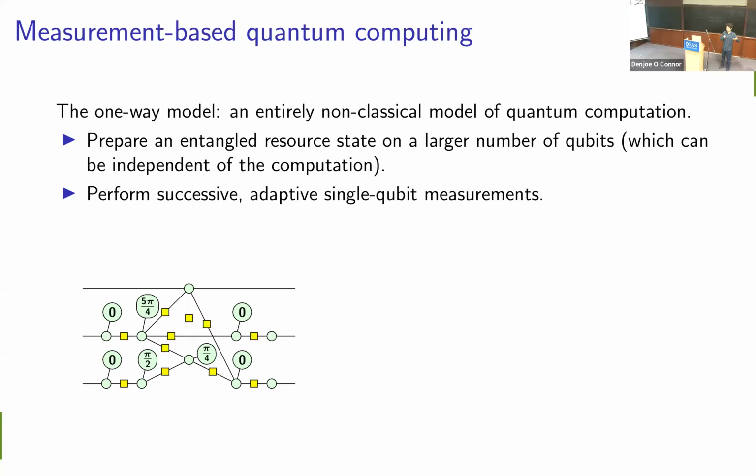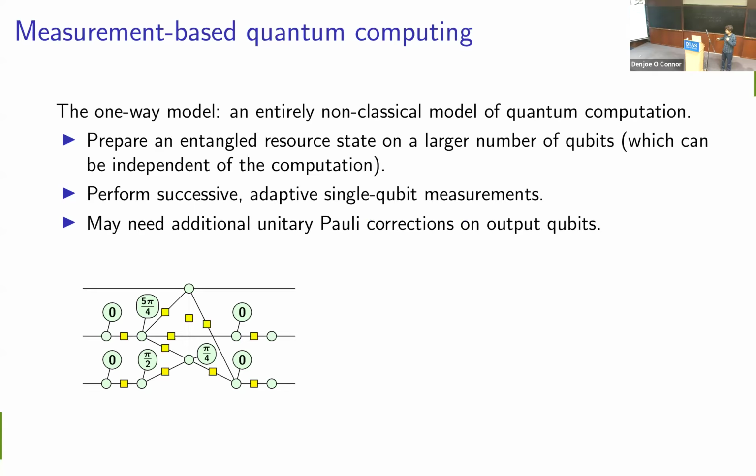So each measurement, it's a qubit measurement, has 2 outcomes. One of the outcomes is going to be the desired one that drives our computation in the direction we want to go. And the other one is the undesired outcome, which is orthogonal to the desired one. And so if we see an undesired outcome, what we do, if we set things up right, is that we modify later measurements in order to compensate. And this makes use of the fact that our space is entangled. So effects on other qubits can compensate and have an effect on something that we've already measured.